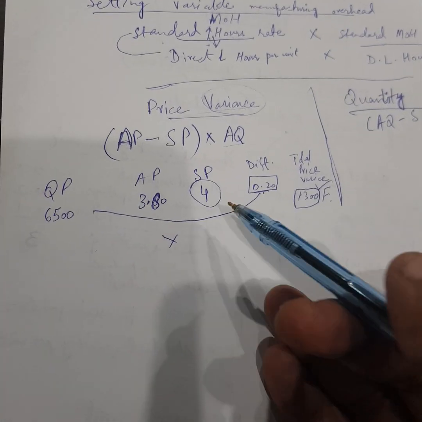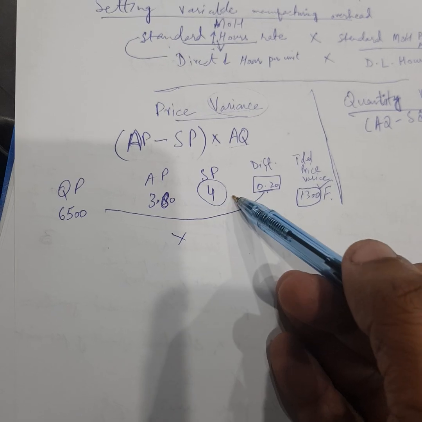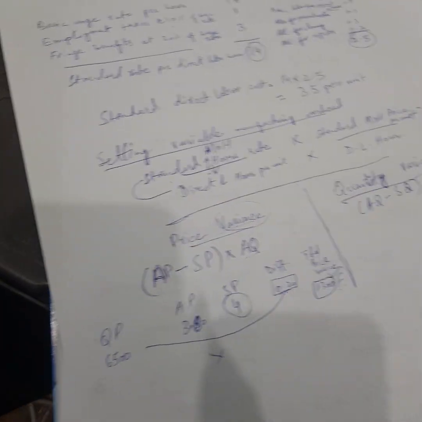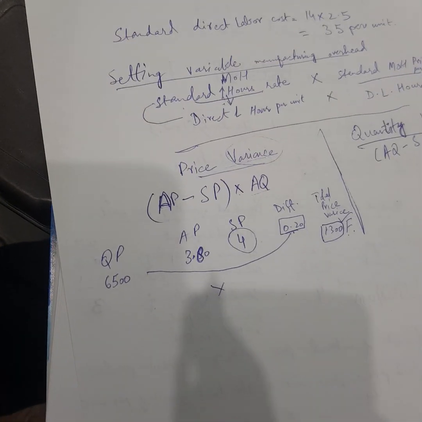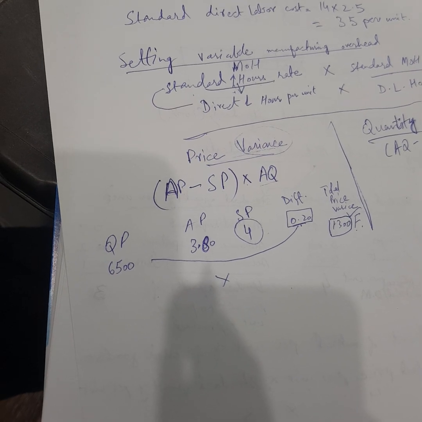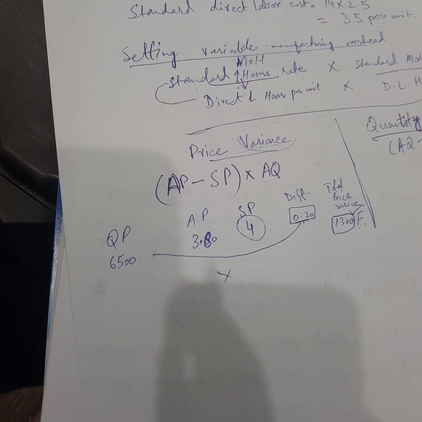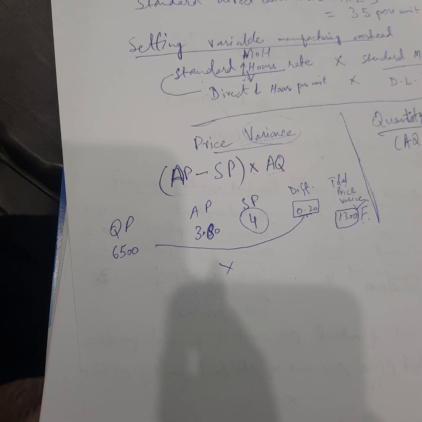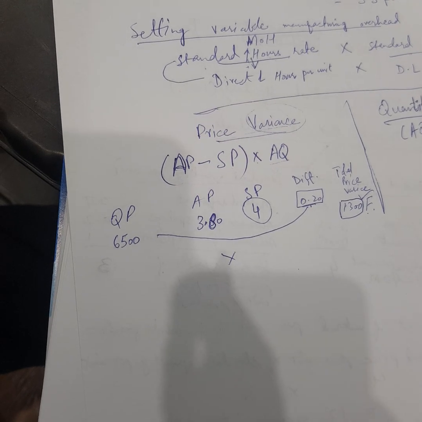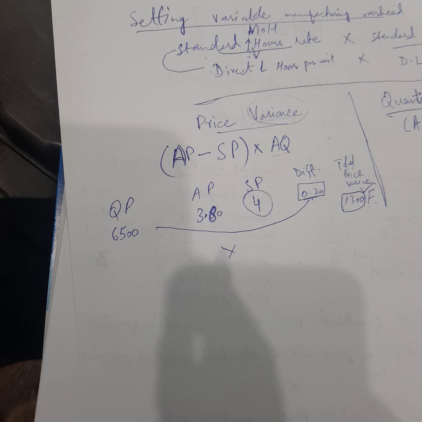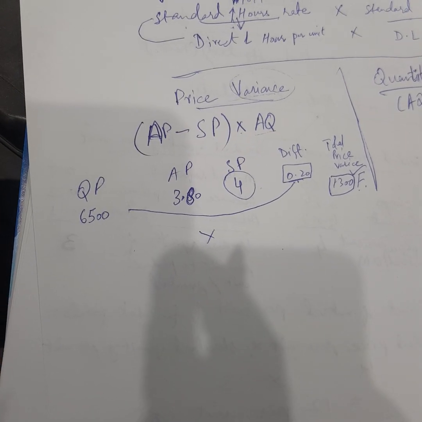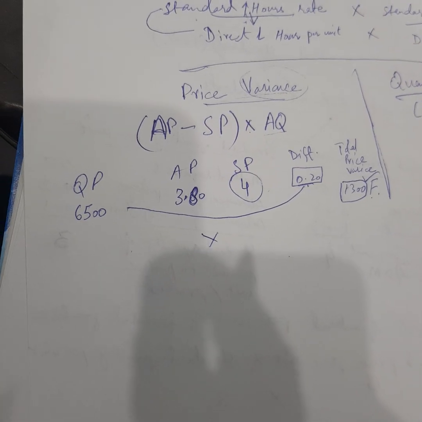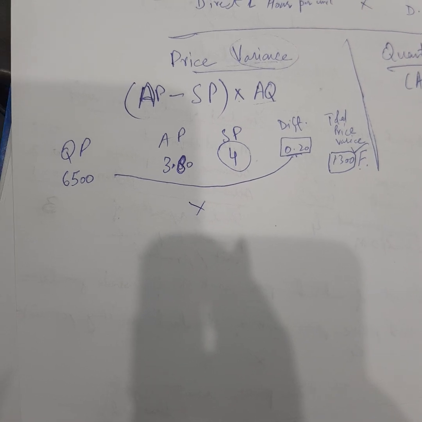And vice versa, if the actual price is more than the standard price, then it will become an unfavorable condition. There are some questions about how the isolation of variance will be dealt with. If the condition is unfavorable, then it will be quickly brought to the attention of management, so they can resolve the problem, or they can find any other supplier or substitute of the raw material purchased.